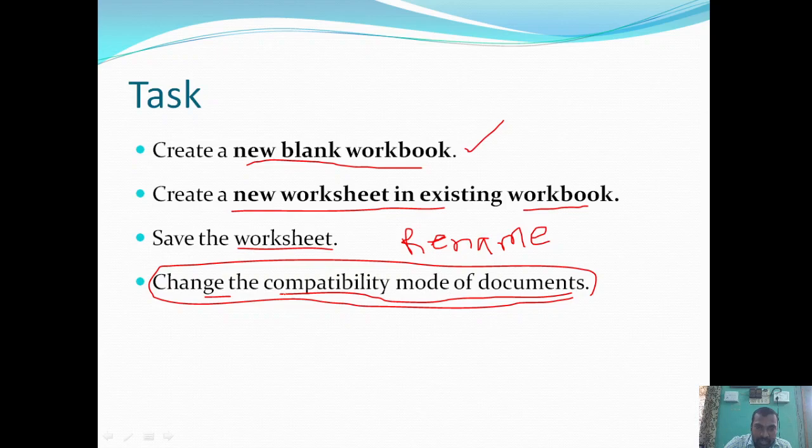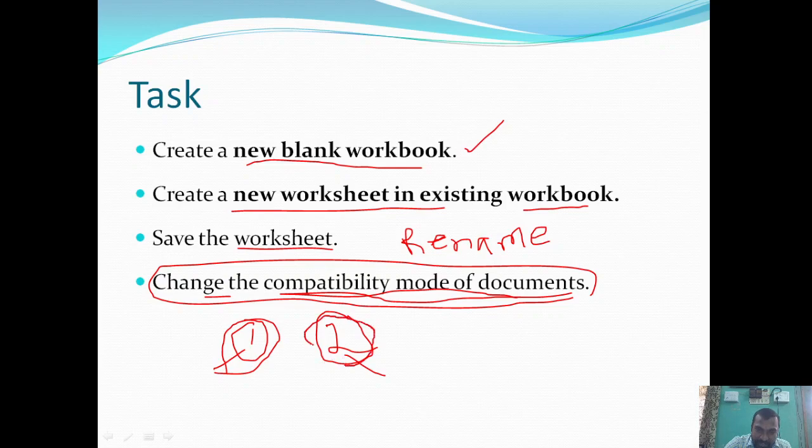So try to change the compatibility mode by creating two documents. First, save the first document in 97-2003 format. Save another document in 2007 worksheet format, with two different names, and try to open the first file by using 2007 software.